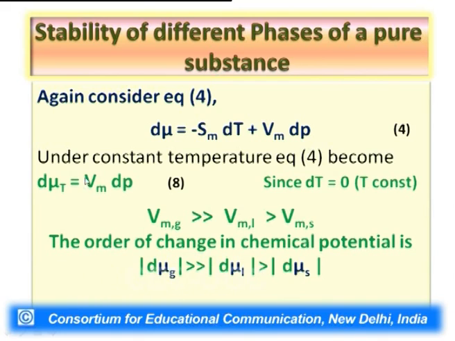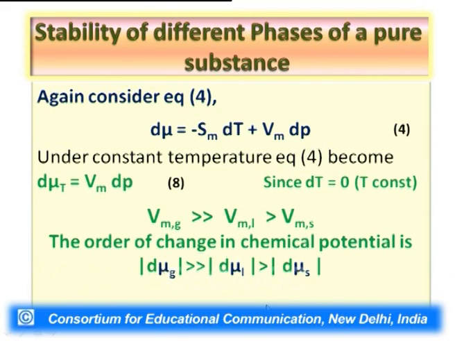Now any phase which has the greatest molar volume will have the greatest change in chemical potential. It means the gas phase should have the greatest change in chemical potential. If pressure decreases, the chemical potential would also decrease, and the least change would be for the solid